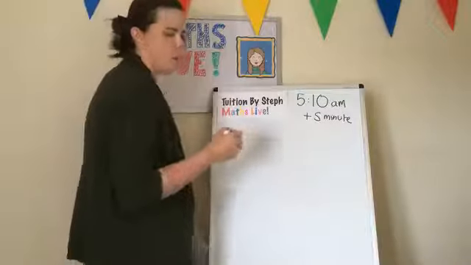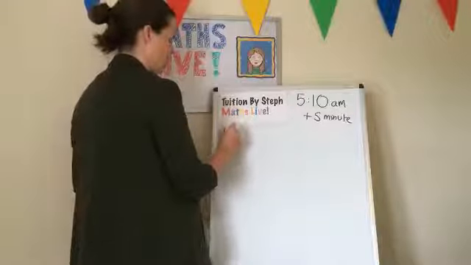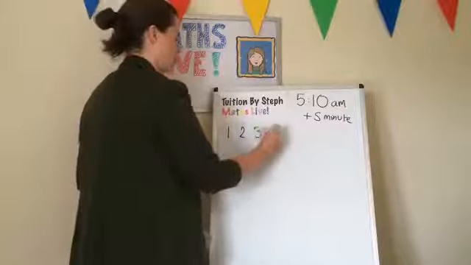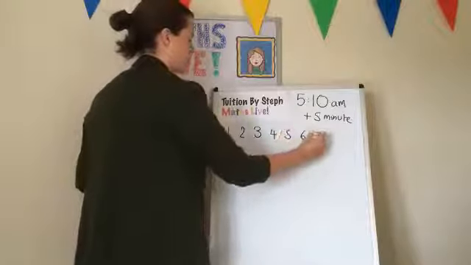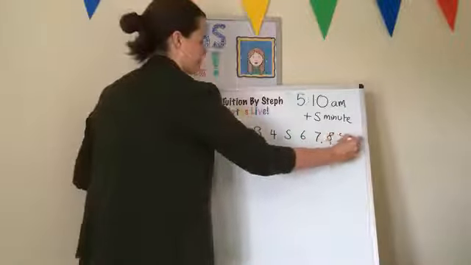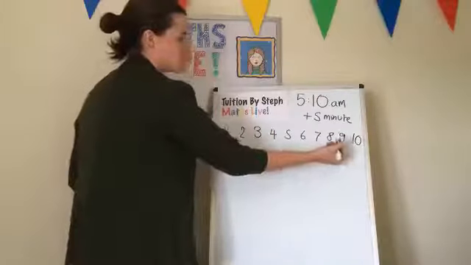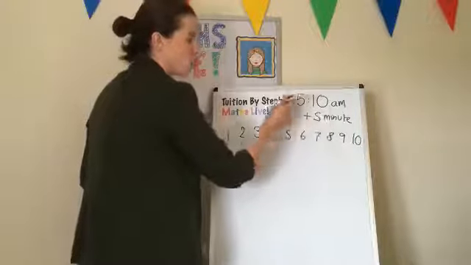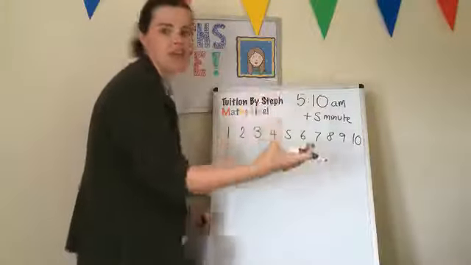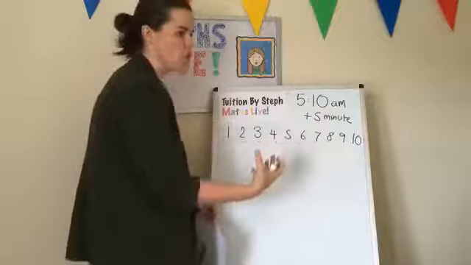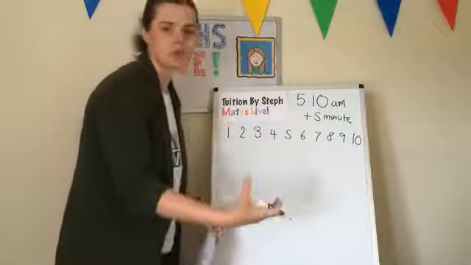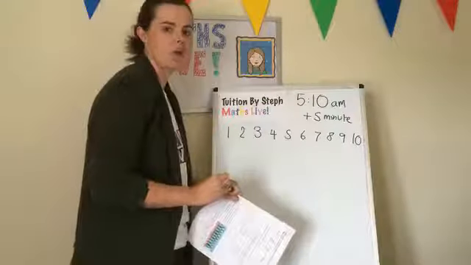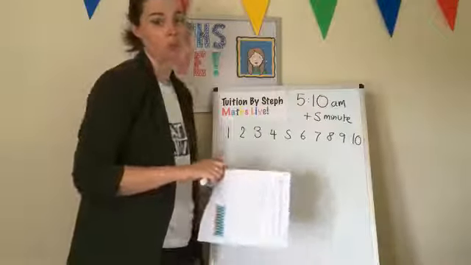So, you could draw all the bottles, but I'm just going to do it like this. You've got 10 bottles, the first one falls at 5:10 a.m. and they all then gradually fall every 5 minutes. So the first one will fall at 5:10, then the next one falls 5 minutes later, then the one after that falls 5 minutes later. What time have all the bottles fallen off the wall? Give that a go.